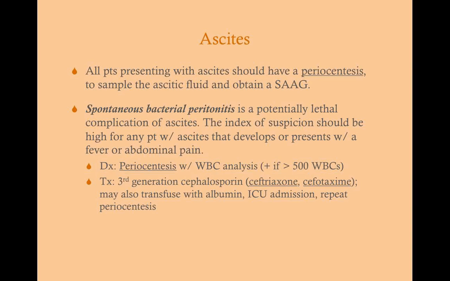So we don't culture the ascitic fluid. You can culture it, but that's not going to be what you use for your diagnosis. The best step is paracentesis with a white blood cell analysis. Culture takes too long, and this is something that can be deadly very fast. So what you do is you get your paracentesis, you put some of that underneath a slide. Well, the lab will do it, you won't be doing it. And if there are greater than 500 white blood cells, then this would be considered bacterial peritonitis.